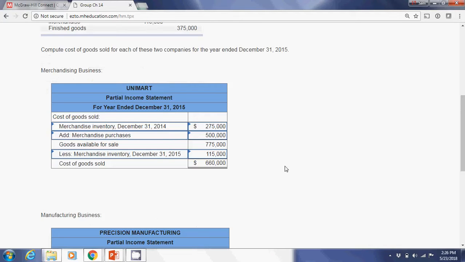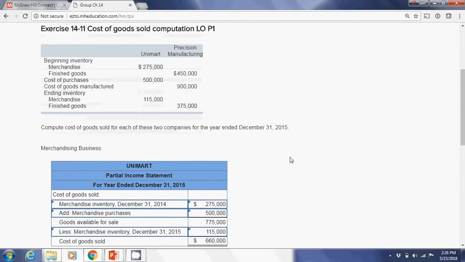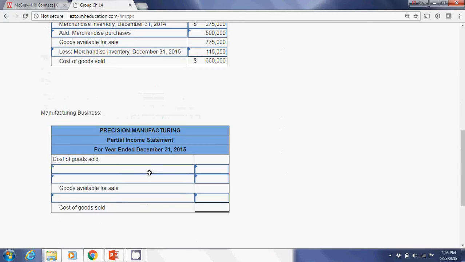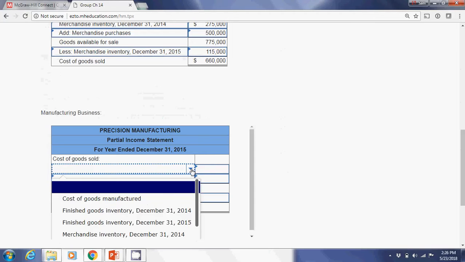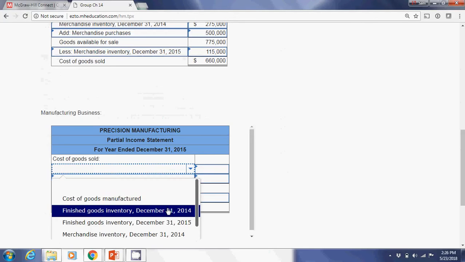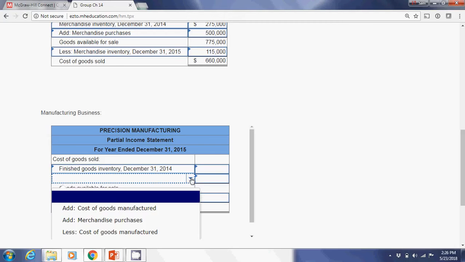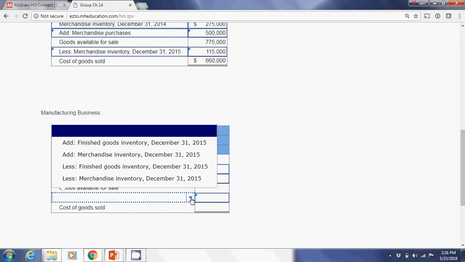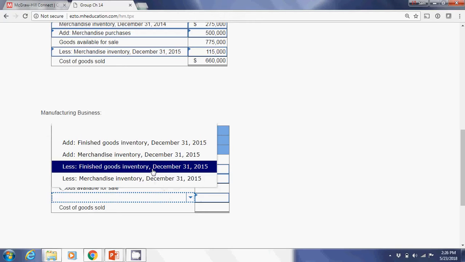So knowing that, I will keep on going. Next we're going to do Precision Manufacturing. We've got the 450, the 900, and the 375. It's broken out the same way, but look at what they're calling it. They're calling it something different. They're saying finished goods and cost of goods manufactured and finished goods down here. So it is the same formula though, right? In order to get cost of goods sold, we need the beginning finished goods inventory. We need to add in our cost of goods manufactured, and then we need to take away our finished goods